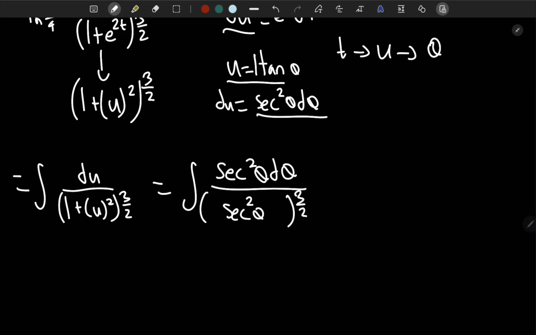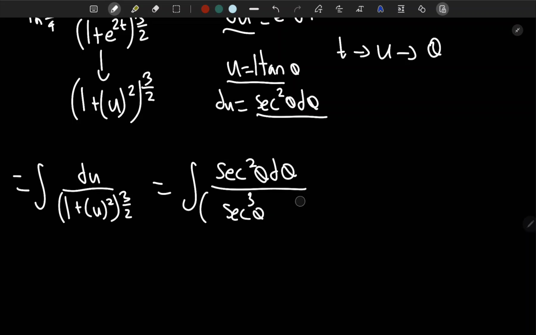This is a normal substitution, or a normal identity, that you need to remember: 1 plus tan squared delta is equal to secant squared delta. And now you can realize that we can cancel stuff out. This is just simple exponential simplification. It's secant squared to the power of 3 over 2, so this will cancel out with this, and all that will be left in the denominator is secant to the power